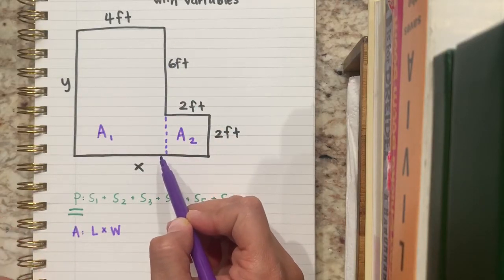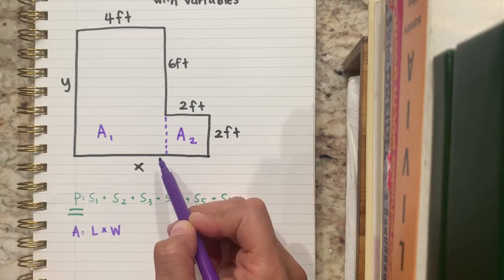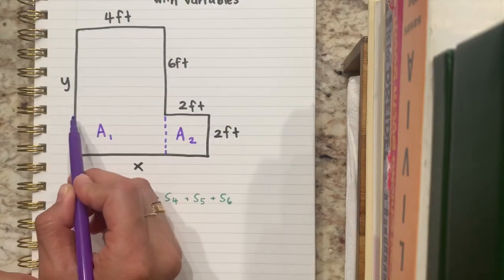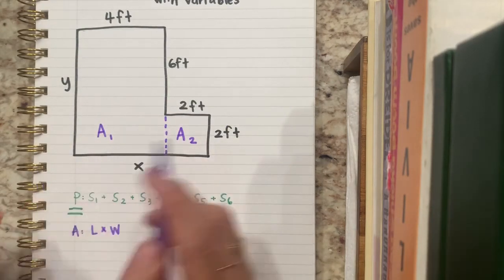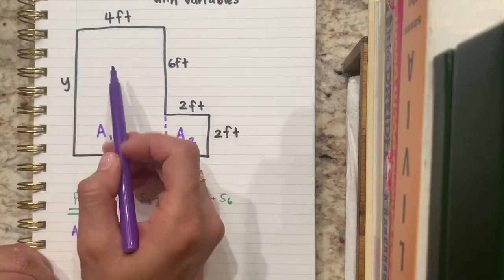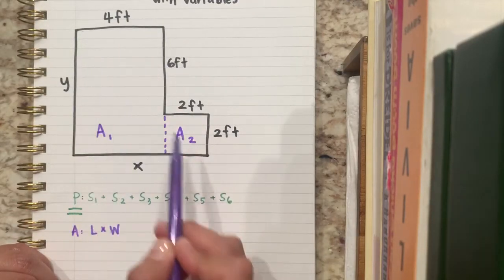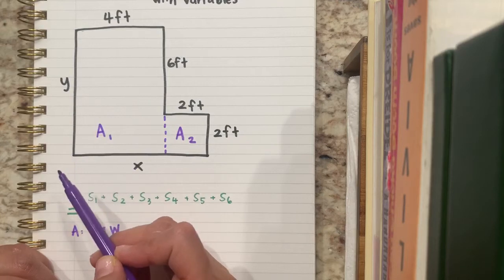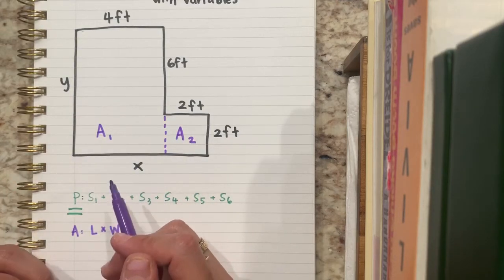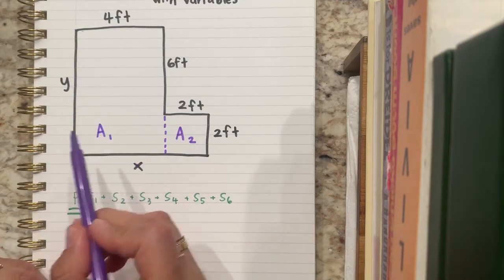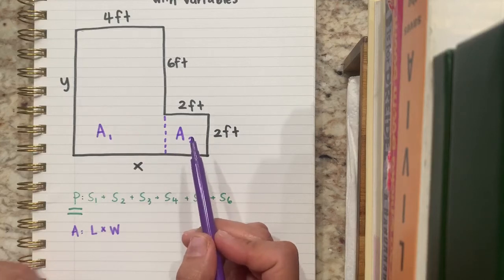If you had taken a look at this odd shape and it made sense to you to draw the line here, that would have been completely fine as well. And you could have said that this top part was area 1 and this bottom part was area 2. It's up to you. As long as at the end you have both areas to tell me the area of